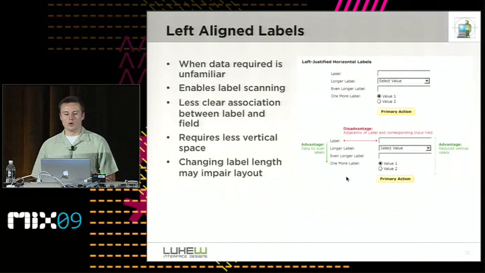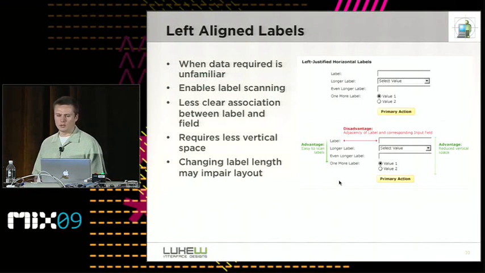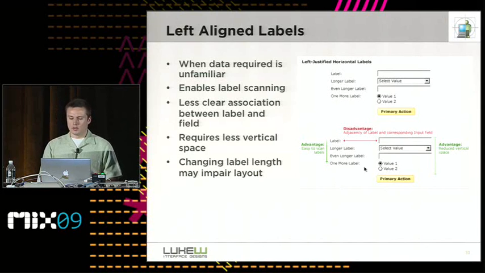Left-aligned labels, I think, work well when one of your primary use cases is scanning that list of labels to find the 1 or 2 things you need to enter. So like settings dialogues, preferences panels, forms that are dealing with a lot of unfamiliar information or only need to get changed once or twice. You have this disadvantage of this is a little further away from here, but it is really easy to scan